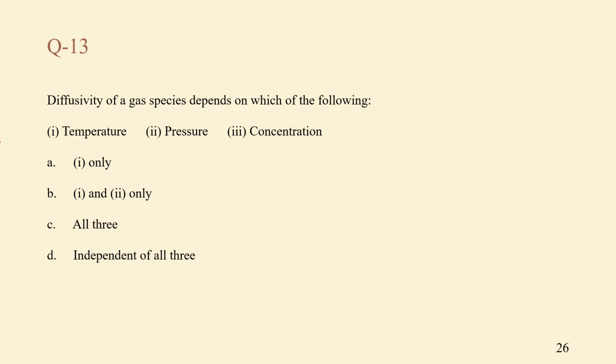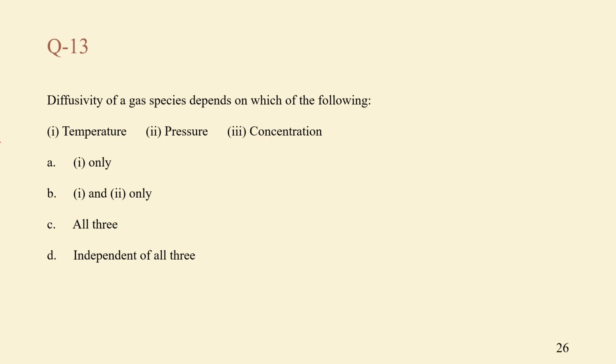Diffusivity is a measure of diffusion, that is the rate at which the particles can spread in the system. It would depend on the temperature of the system, yes, because temperature determines how easily it can spread. Pressure also would influence the diffusivity, and concentration again matters. So for example, when we take a bowl of water and put some amount of dye,